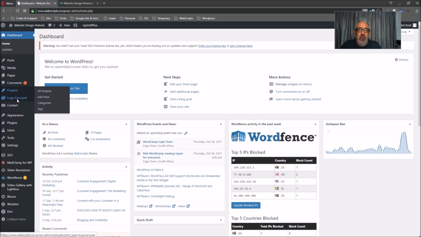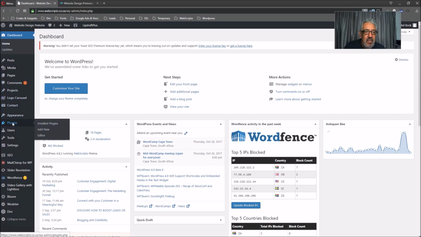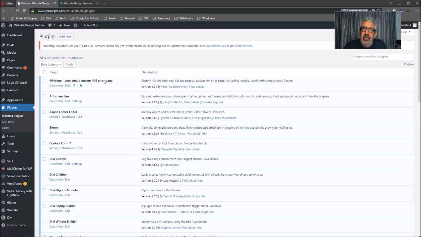But let's have a quick look at plugins. Let's go to the admin panel and click on plugins. This will take us to a list of all installed plugins. Now what you need to note, when you have a fresh WordPress installation on your server,